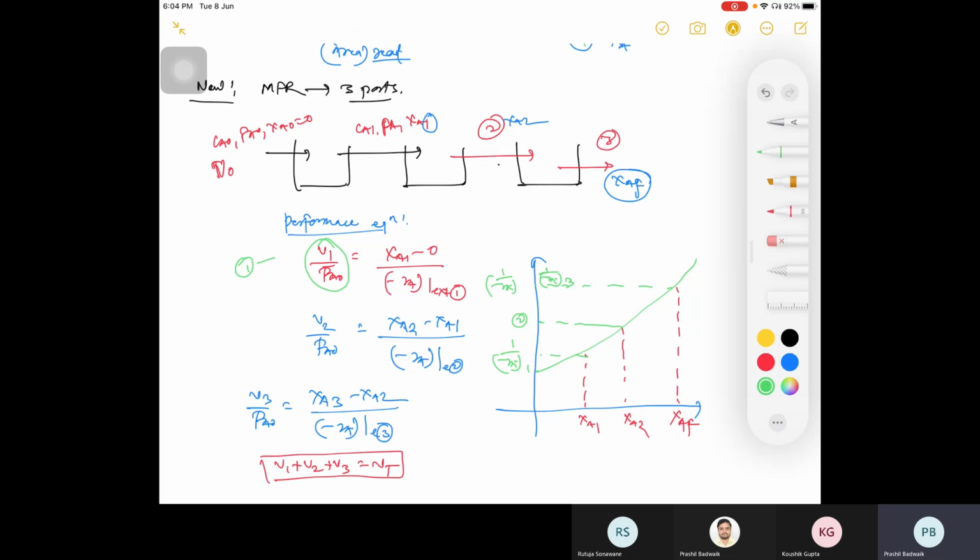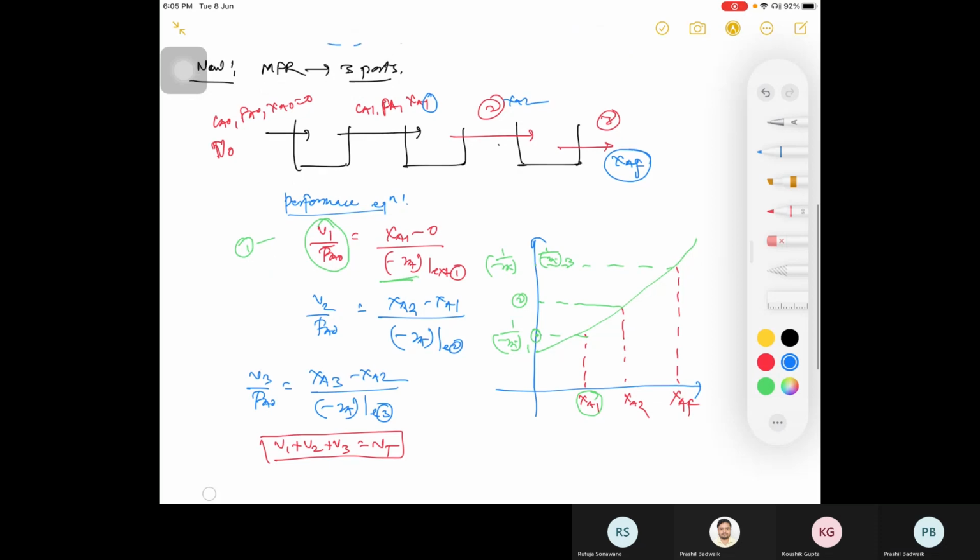See, here it is XA1 divided by minus RA at exit. So this is your XA1 and this is your minus RA at exit of the reactor, right? So what will be your area here, Kaushik? You know the area of a rectangle is X into Y? Yes, minus 1 by RA1 and XA1, that rectangle. Okay, so this is your rectangle.